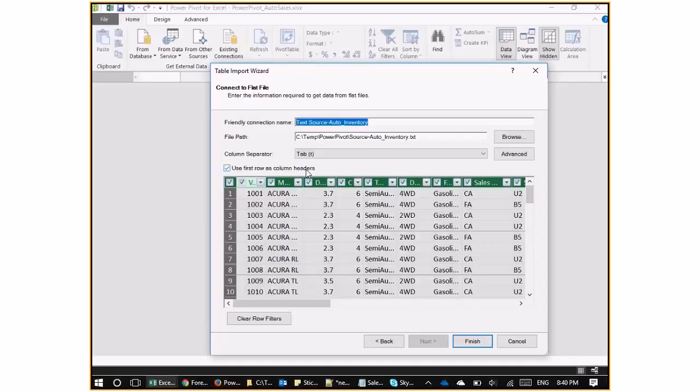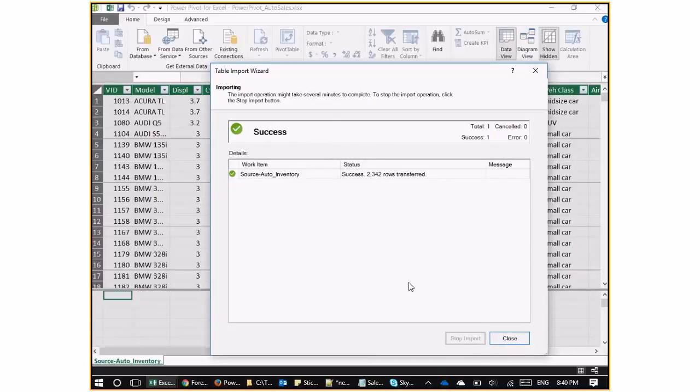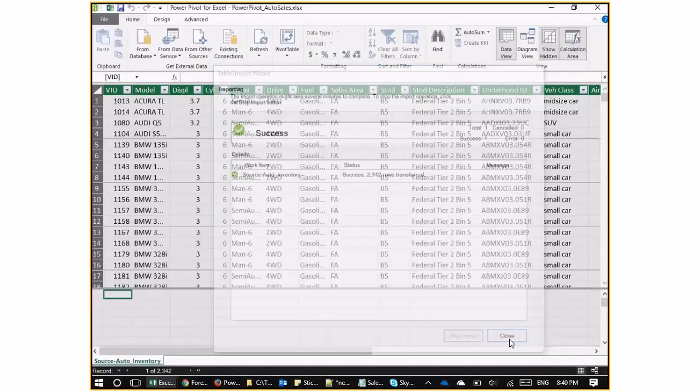Similar to the import wizard, you need to specify what the separator is and if you have a header row or not. And here you can see the connection name, text source for inventory. You can leave it, and you click Finish. So we have 2,300 records. So this gives you